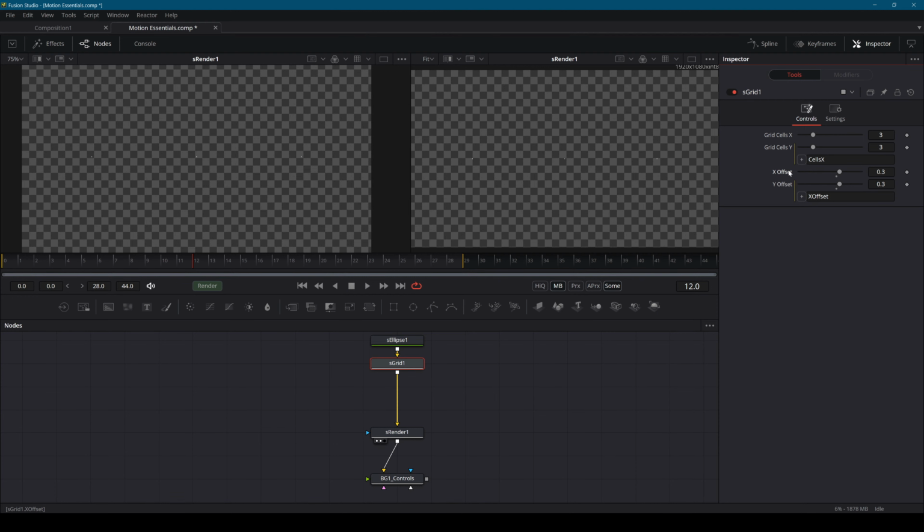So here, what I'll do is I'll do expression, and then I will do the grid cells divided by 10. So hopefully that'll, oh wait, no, that's not right. Because as this goes up, this needs to go down. I'm just trying to think of what math I would use for that. So if it's at 10,